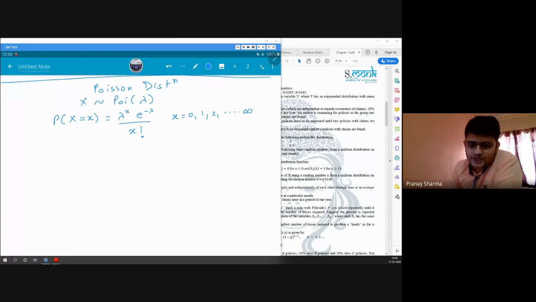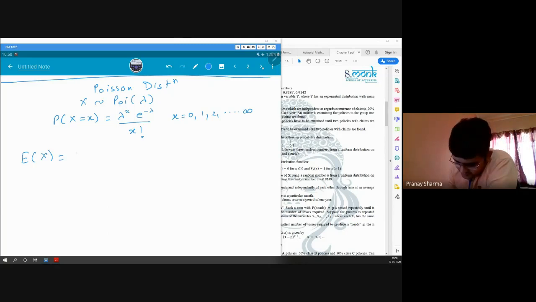So in actuality, the Poisson distribution was calculated for approximating the binomial distribution, but we find the Poisson distribution a lot in our practical life. So we use the Poisson distribution other than using the binomial distribution as well. It is used in itself also a lot. So we'll understand how it works. First, we'll find our expected value.